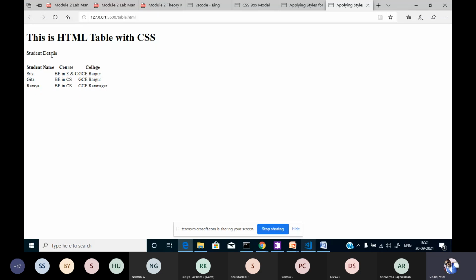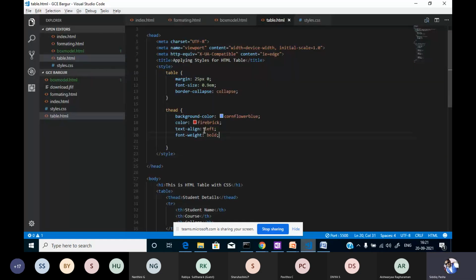Okay, actually this style is not applied over here. Why? We have the table head tag, thead.